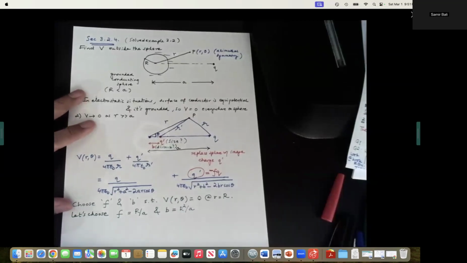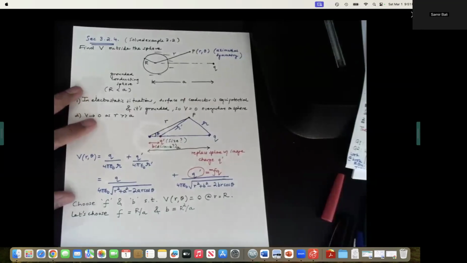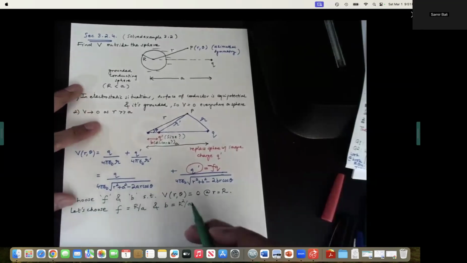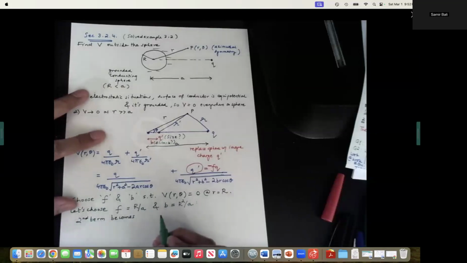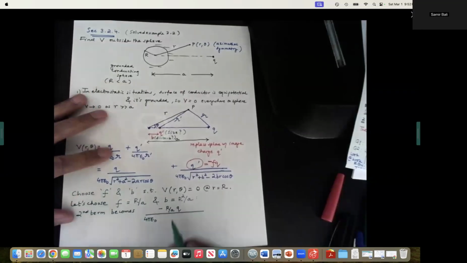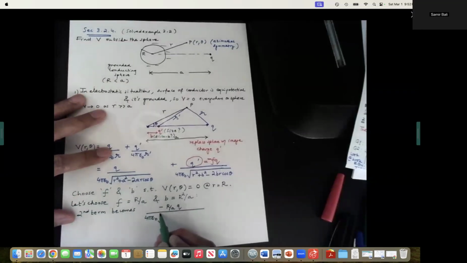If we make this choice, then something pretty miraculous happens. Okay, so this is for the second term. Let's see what happens. The second term becomes minus r divided by a times q divided by 4 pi epsilon naught square root